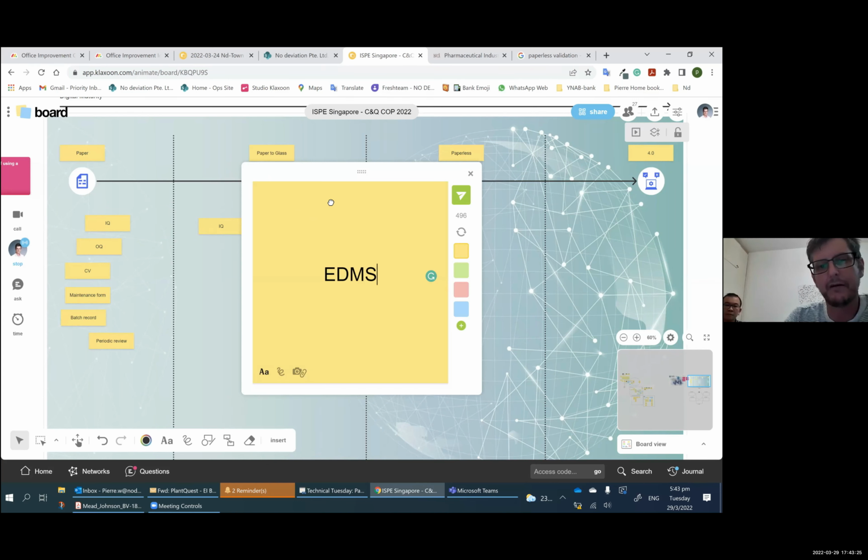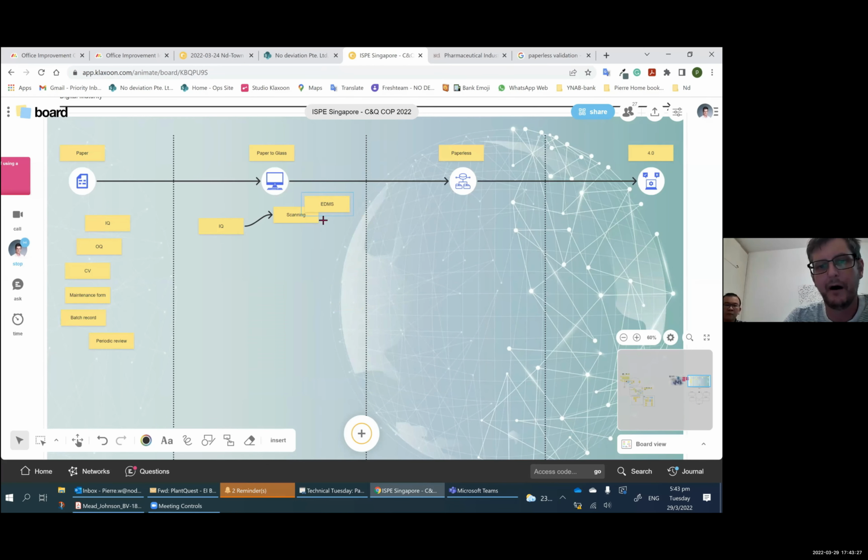And I would have kind of done the first step of a paper to glass, allowing anybody anywhere in the world to have access to a document I did in my facility and I did in my IOQ, right? So the document will be eventually pre-approved with, I would say, a DocuSign, right?